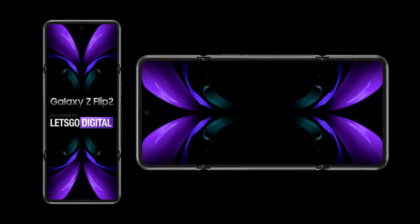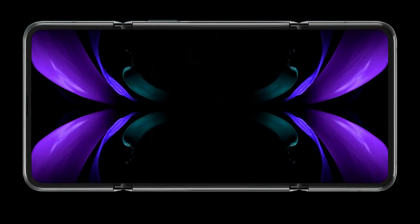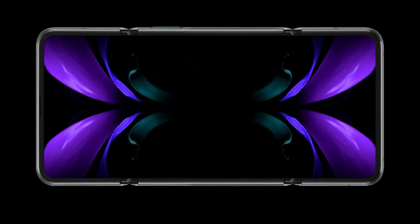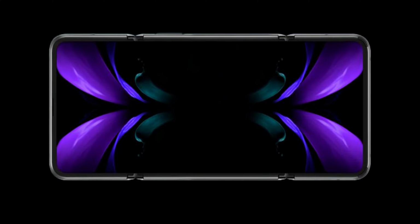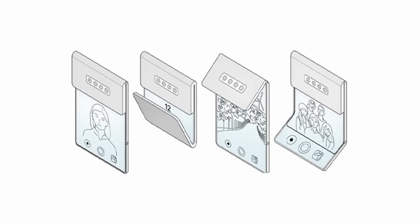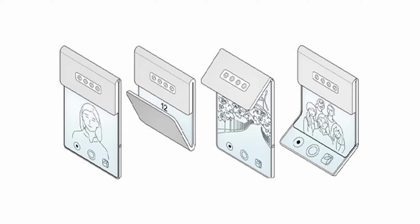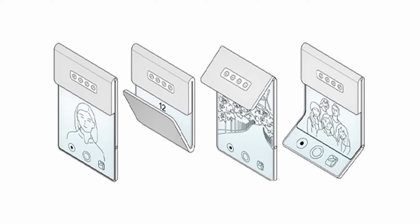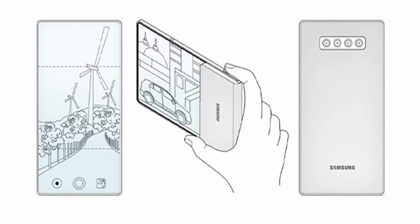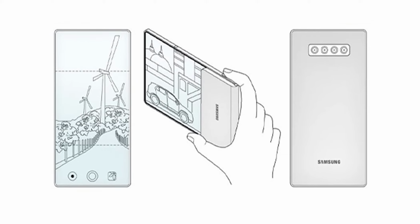And lastly, let's talk about the Galaxy Z Flip with double fold. Unlike the original Flip, it has 2 hinges. One hinge can fold inwards and the other one can fold both inwards and outwards, making it possible for the main cameras to take selfies. Both of its hinges can keep the screen folded at a certain angle, and it is also equipped with quad cameras like the other models according to the patent description, and it seems to be quite wider than the original